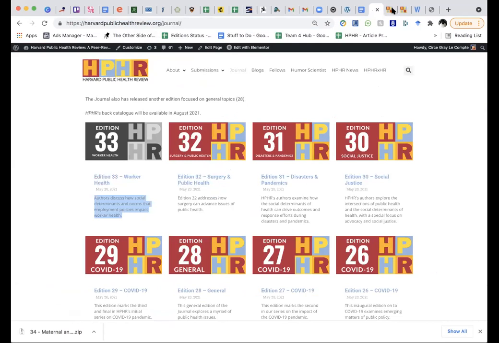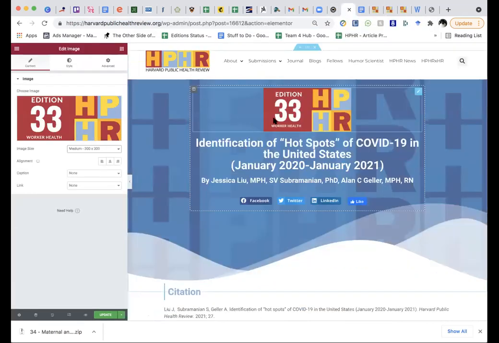We're going to come back, and you're just going to add the link. So it's a custom URL, and you're just going to link it. And then hit update. And then when you make this page live, if someone clicks here, they'll be taken back to the edition 34 page. We're going to pretend this is 34, even though it says 33.